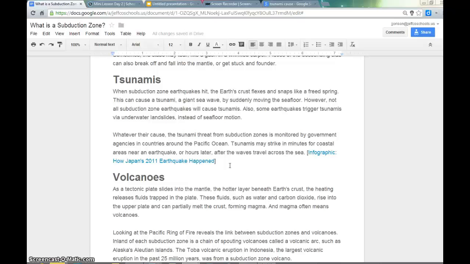One area of the text that I could make a visualization with easily is that first sentence. When the subduction zone earthquakes hit, the Earth's crust flexes and snaps like a freed spring. This made me visualize a coiled spring launching itself up to release pressure. That I could easily visualize, and it gave me a mental image of a section of Earth similarly launching itself